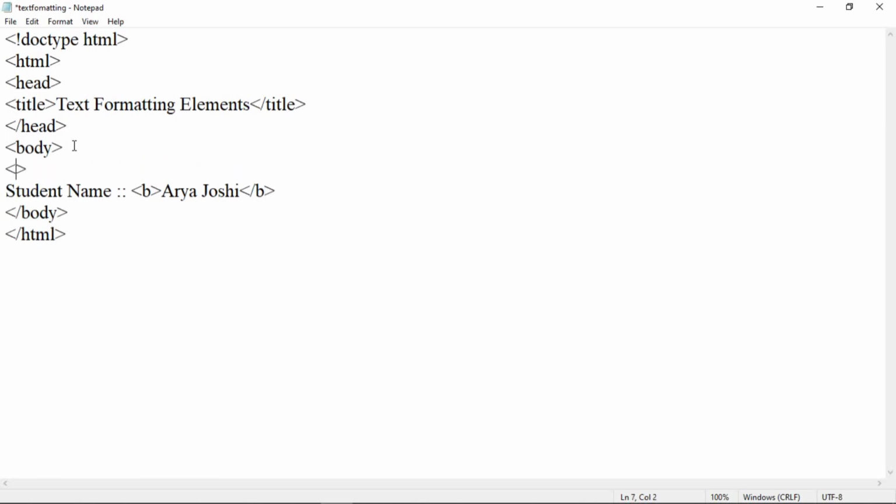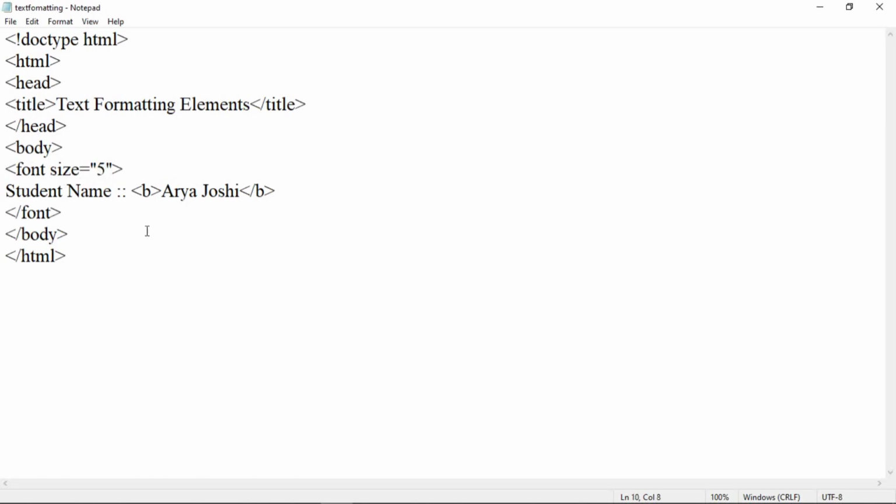let us add a font tag. Then within this, let us add a size attribute. So size is equal to, within double quotes, add a value for this size attribute. Suppose size is 5. Then here close the font tag before the body tag. Here font is the tag name, size is the attribute of the font tag, and is equal to, in double quotes we have added a value for this size attribute. So size is equal to 5.